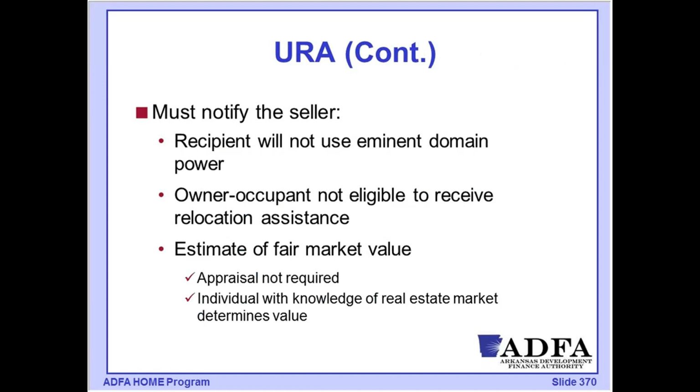So it's pretty simple. We're going to use a standard form and notify the seller that, in the case where the buyer has the power of eminent domain, we would be giving that up. In other cases, that notice is going to identify that even though there are federal funds in this project, I don't have the power of eminent domain. This is going to be a voluntary transaction, so that if we can't reach an agreed upon price for this property, you're going to walk away, and you don't have the ability to take that property. So that notice will tell them about their rights.